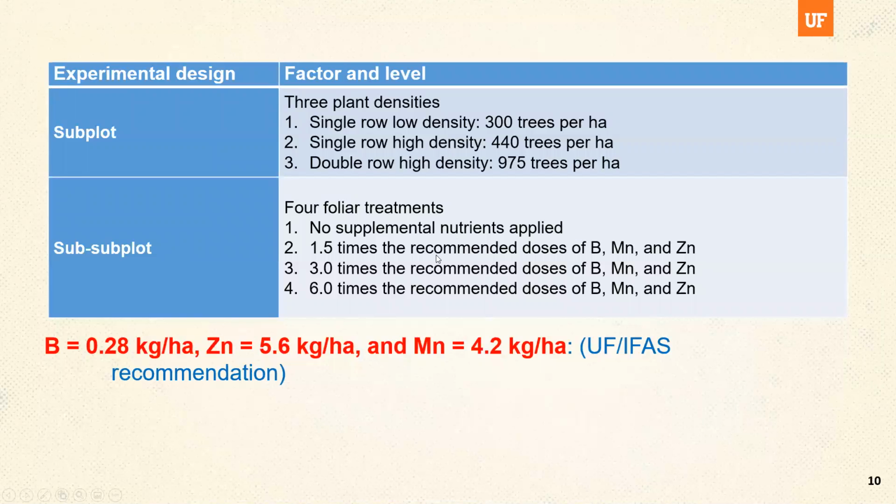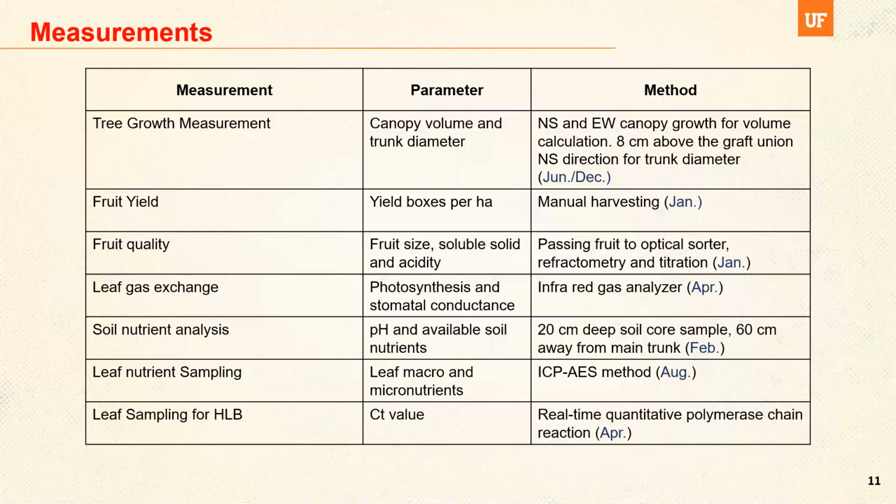0 being control, 1.5, 3, and 6 times application. The IFS recommended nutrients for grapefruit is boron 0.28 kilogram per hectare, zinc 5.6 kilogram per hectare, and manganese 4.2 kilogram per hectare. In order to evaluate our objectives, we took a couple of measurements, tree growth measurements in June